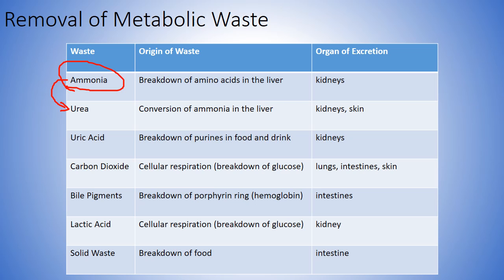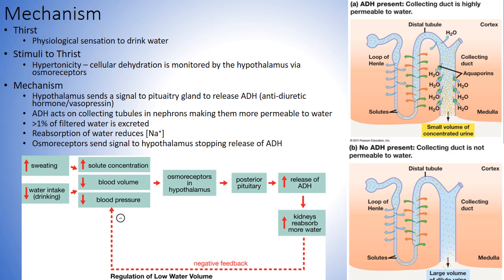Okay. Some other metabolic waste here: carbon dioxide, bile pigments, lactic acid, and then solid waste. See the different types of organ systems that are responsible for excreting these molecules. Let's focus on the ones where the kidneys are the main organ here. Taking a look here,